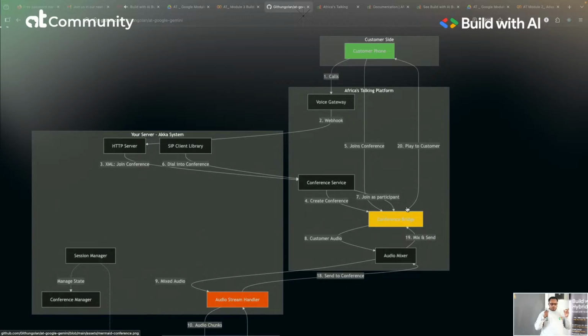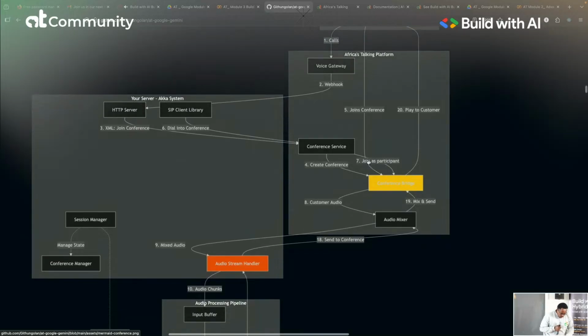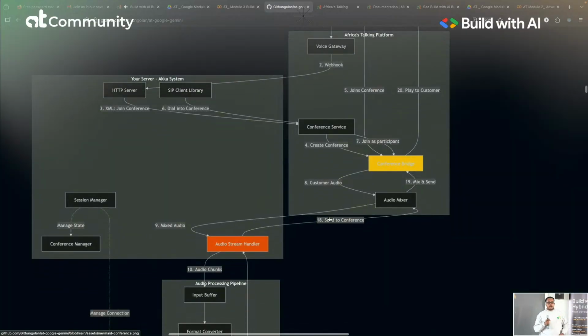This will be in place for Gemini. So when you go to number 7, we'll receive customer audio. So when a person is speaking within the call, we're able to receive that information and process it with Gemini